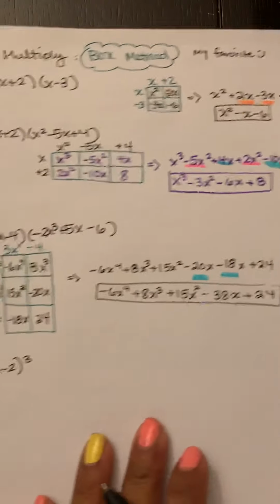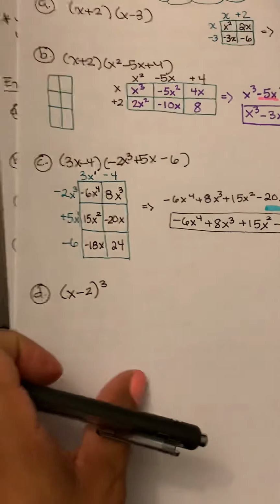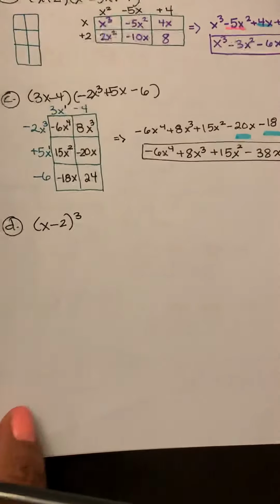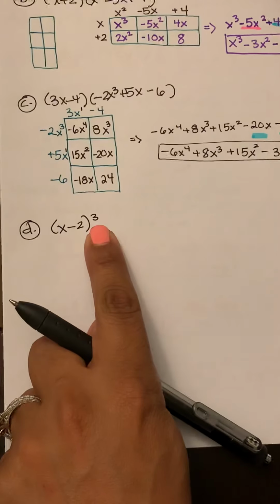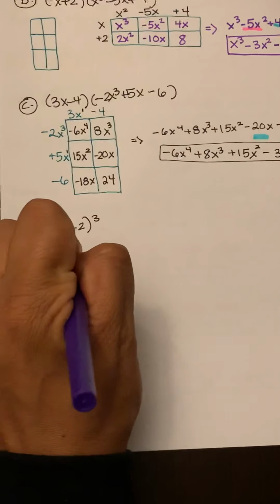Okay. All right. Let's go ahead and look at the last one. And again, I'm using the box method. This says cubed. That means there are 3 of them. That means there are 3 factors of x minus 2. So if I expand this,